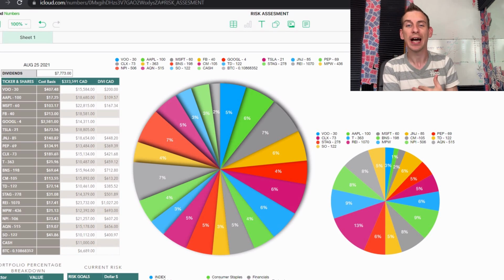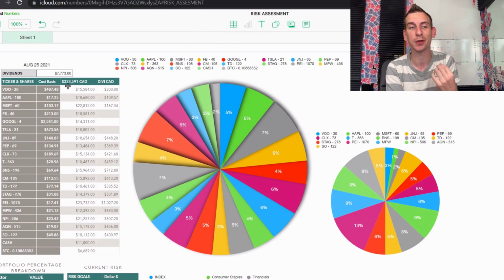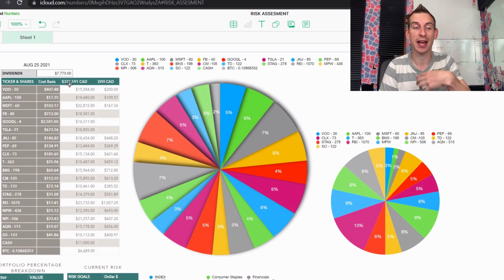And you OGs have seen me restructure out of tech and now kind of going back into tech here. But overall, with all these dividends accumulating, it is going to be annualizing about $7,773. I ran the math after tax because some of these dividends have tax implications, and it's actually closer to about $7,400. And the coolest thing about my dividends is in my tax advantaged accounts that I have free access to as a Canadian, I will still be cash flowing $500 a month